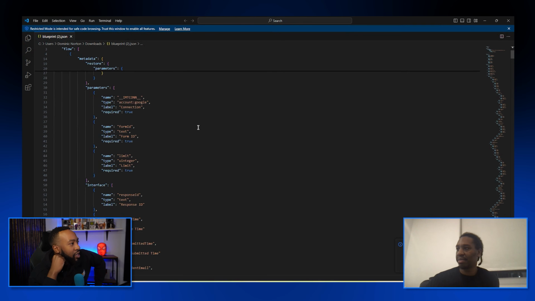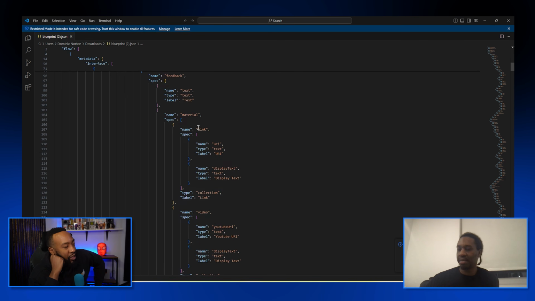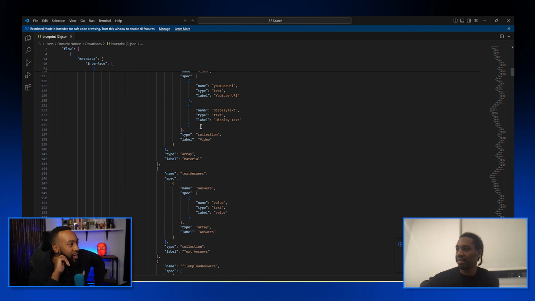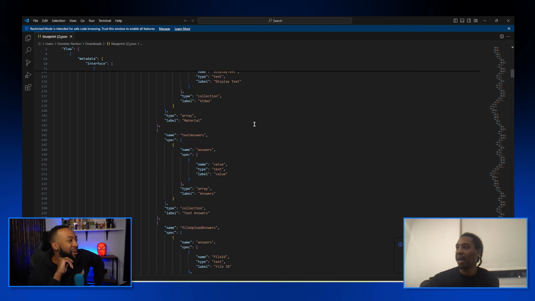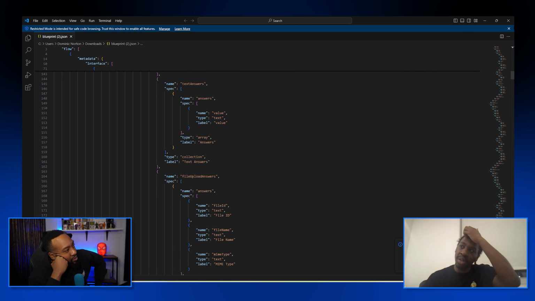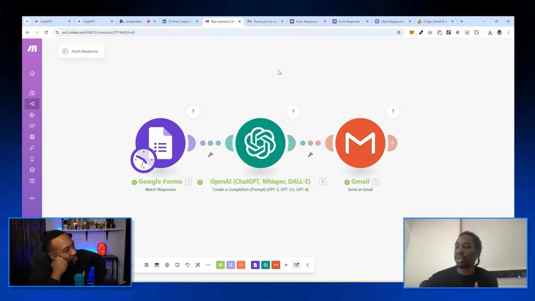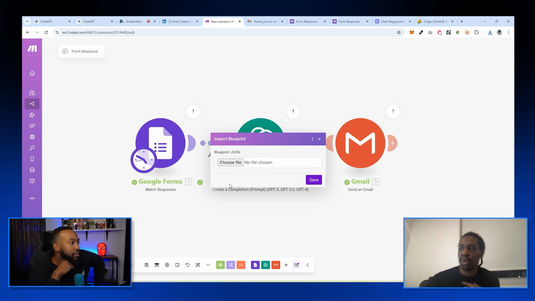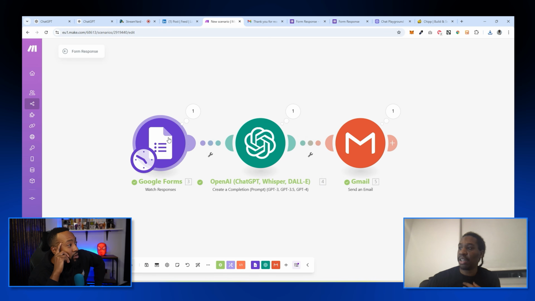I see when people are looking at it, they're like, yeah, that's great, but I want to click fewer buttons. Could I just have that? So I'm always thinking about that. I do know what you're talking about: can I, as Dominic or Doc, give them a template? Yep, this is how I would do it. I just exported it, and then I'll put it somewhere for you guys to be able to use, and then you would import the blueprint. Obviously, when you import what I just exported, you would have to connect your own services. Something like this you could follow through easily. But if I just save this,